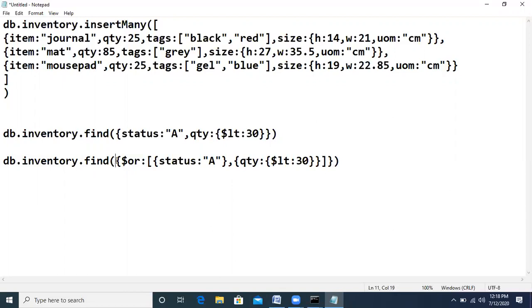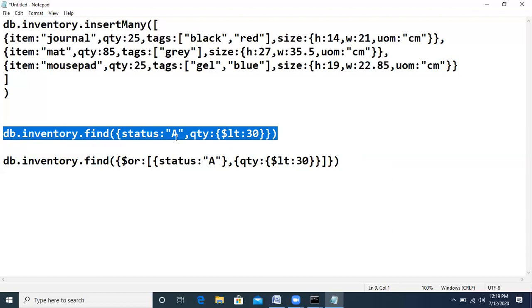The purpose of this command is to retrieve all the documents in the collection where status equals A or the quantity is less than 30. In the previous case, the condition was where status equals A and quantity is less than 30, so we got only one record in that case.